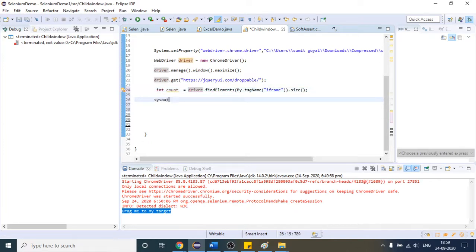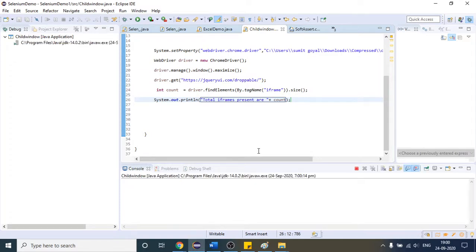Let me print that: total iframes present are, count. So I think it is fine. Let me run it.